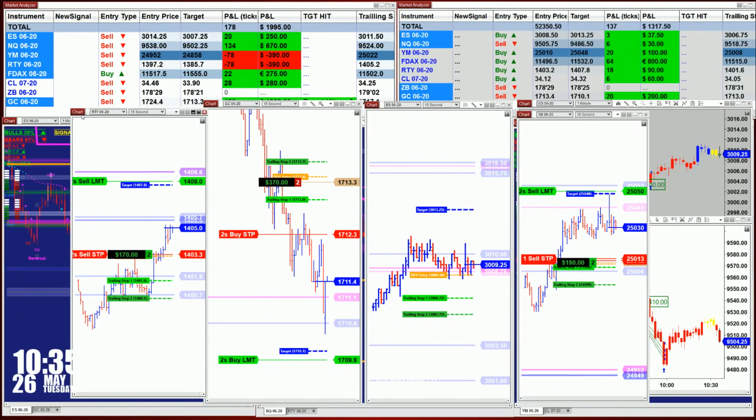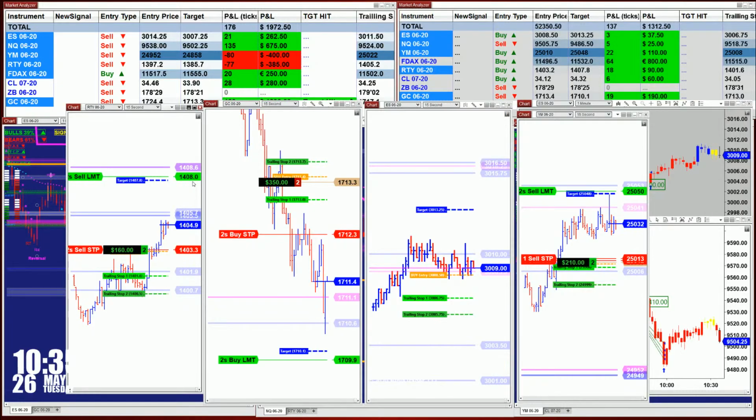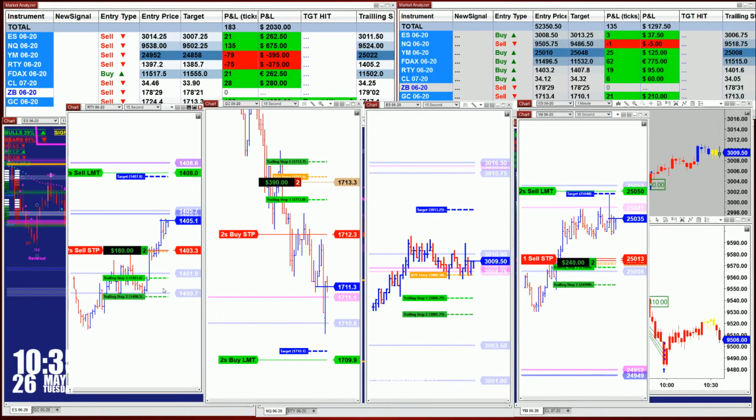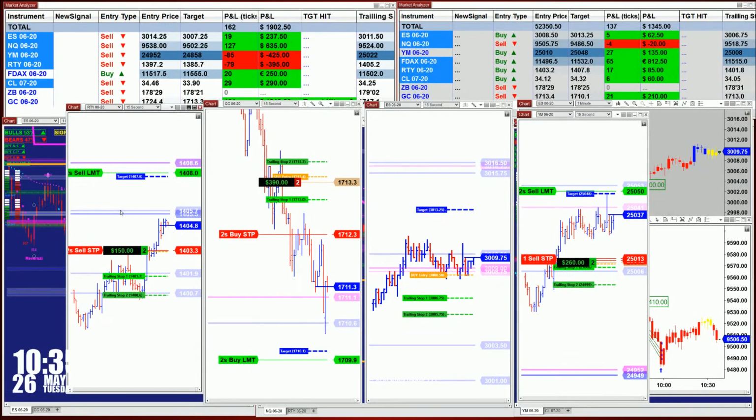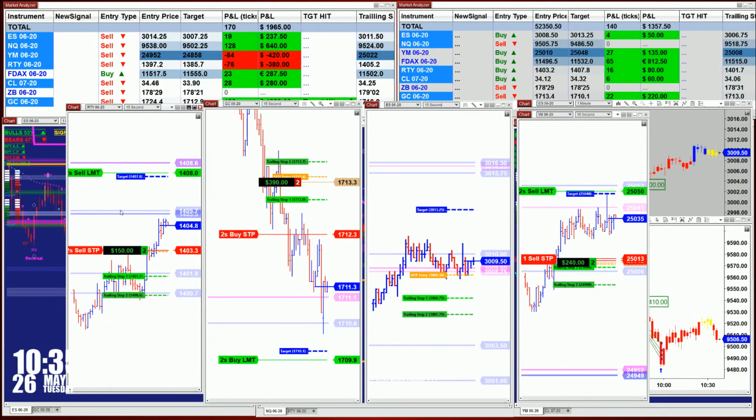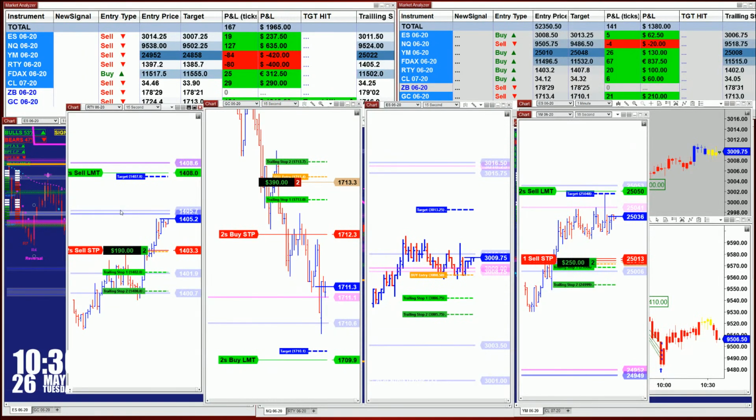Look where the problem is on the Russell. It doesn't take a genius to see that. It's 1405. Take it or leave it. $170, $200 here, $300 there. You still can make it. If you know what you're doing, you still can walk away, even in a choppy market. You can still walk away with $1,000 if you know what you're doing. If you don't know what you're doing, you can go in the red.